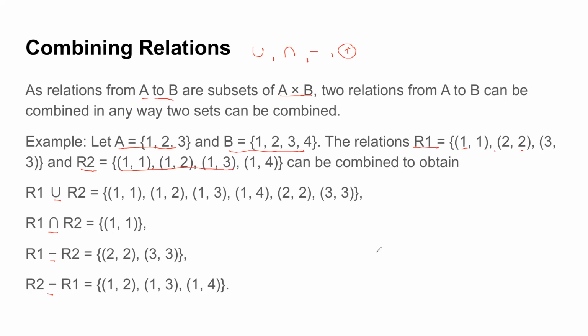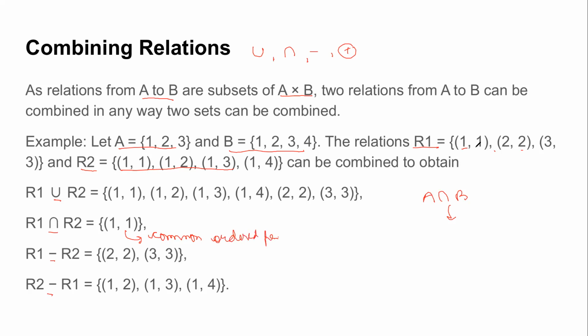All possible pairs have been listed here, right? Similarly, what do we mean when we take the intersection of relations? Like we took the intersection of sets, where we used to take the common elements in the two sets, here the idea is the same: take the common, but not elements, since elements here are ordered pairs, so take the common ordered pair. So that gives you the intersection.